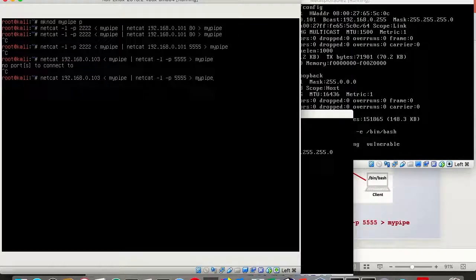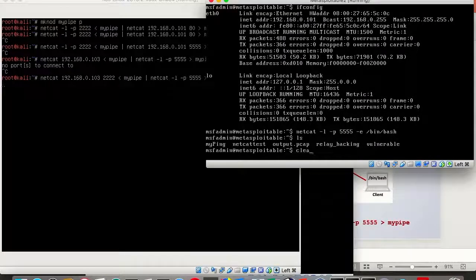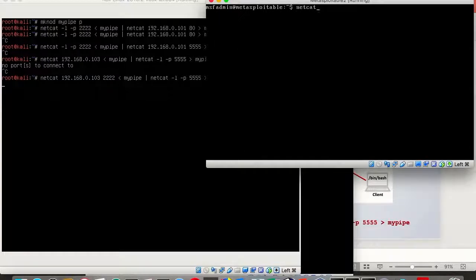Okay, we forgot a port number over here, so we need to specify 2222. And then finally, all we need to do over here is to initiate netcat in a client mode, connecting to the relay system on 102 on port 5555, and then of course execute the bin bash.